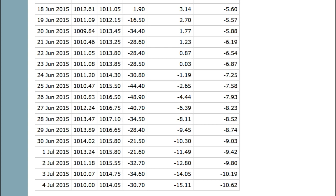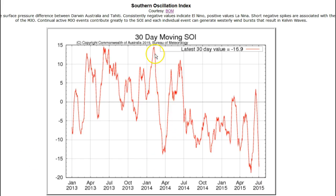Now, we don't really expect that to happen. We are in the peak of the active phase of the MJO, and that's what's driving all this. The MJO is interacting with El Nino a bit, amplifying it, creating these very deep numbers. We'll see what happens about a couple of weeks out from now, but right now things are looking very good. And to put the 30-day SOI average into historical perspective, back as far as January 2013, here's where we were. In the late May time frame, we went into the inactive phase of the MJO, lost all kinds of ground, and now we're back into the active phase and just about reaching this deepest point, and the deepest point in years, really, probably since the